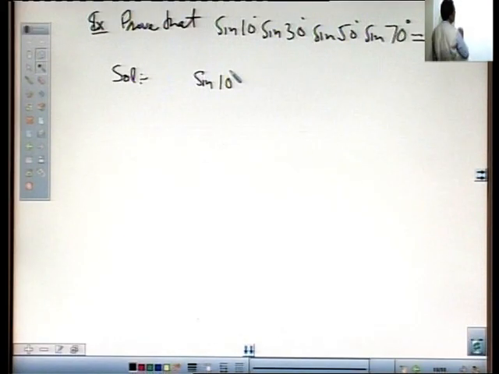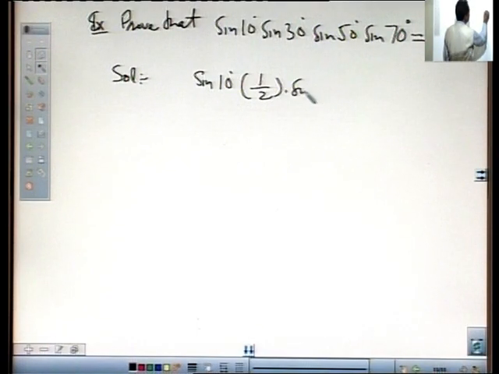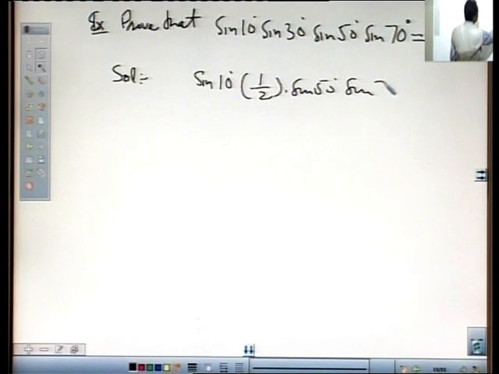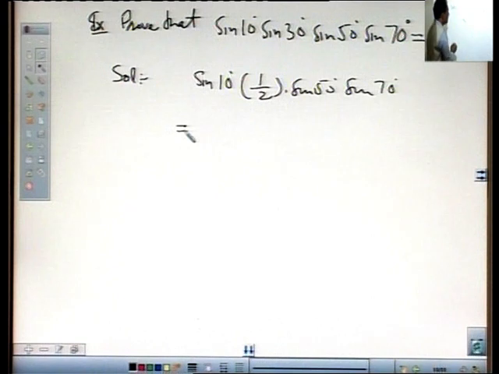Sin 10 into sin 30, the value of sin 30 is 1 over 2, into sin 50 into sin 70, and this is equal to 1 over 2